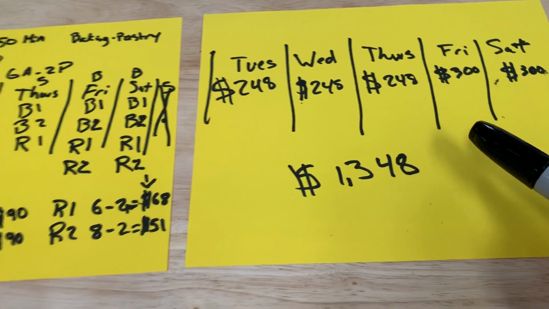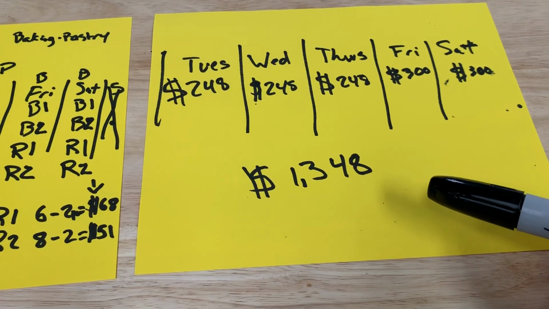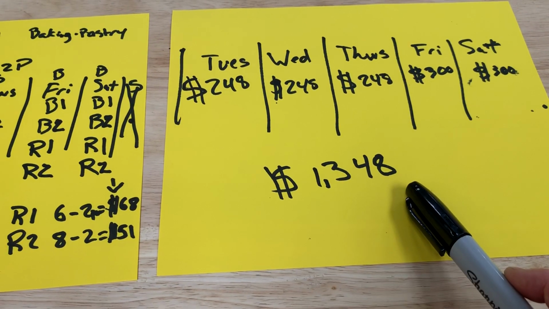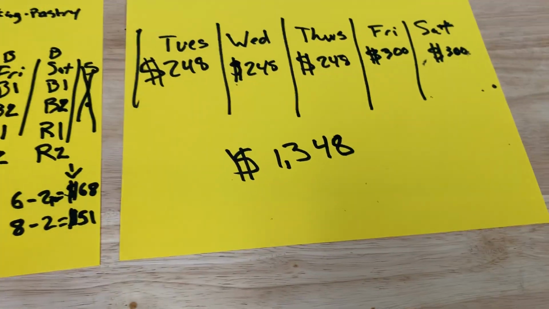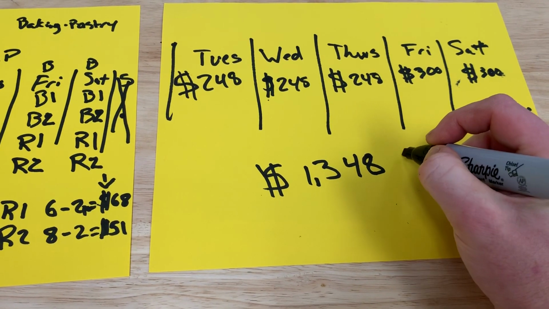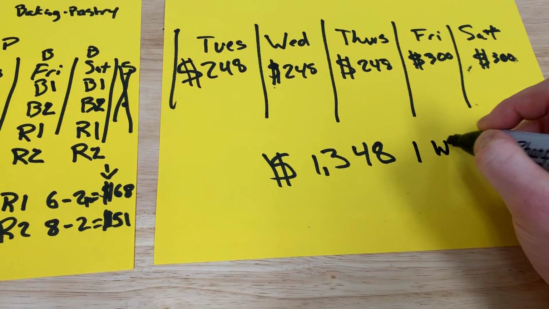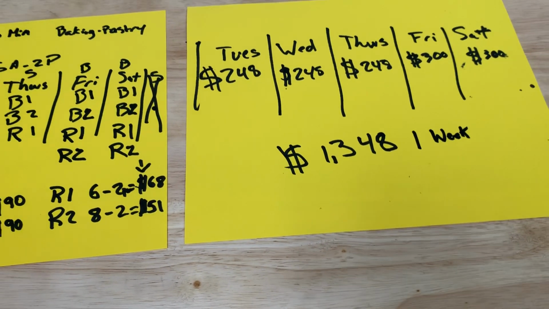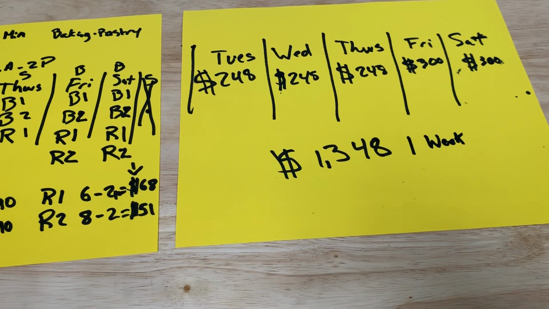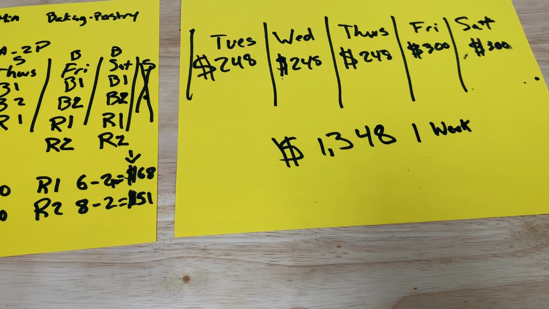Or a quick, easy way to do it is a salary breakdown. This is obviously for 1 week, right? Trying to hold the camera and do this at the same time. This is for 1 week, right? A lot of times in kitchens, we do monthly breakdowns. So, suggesting that you multiply this by 4,